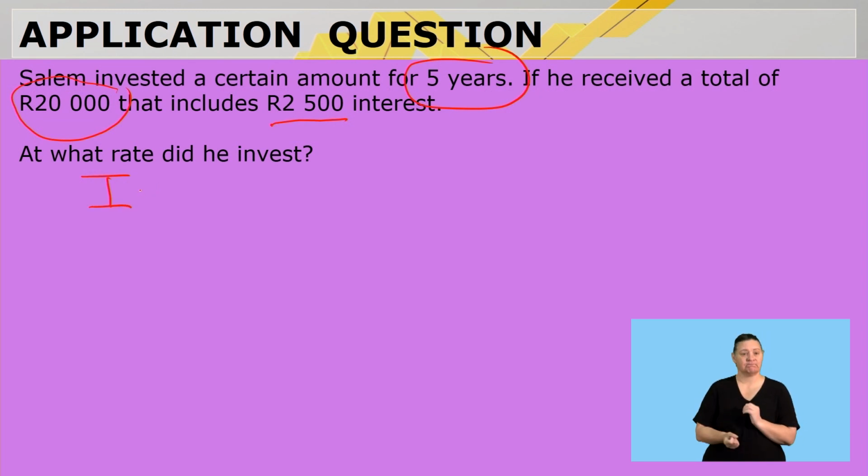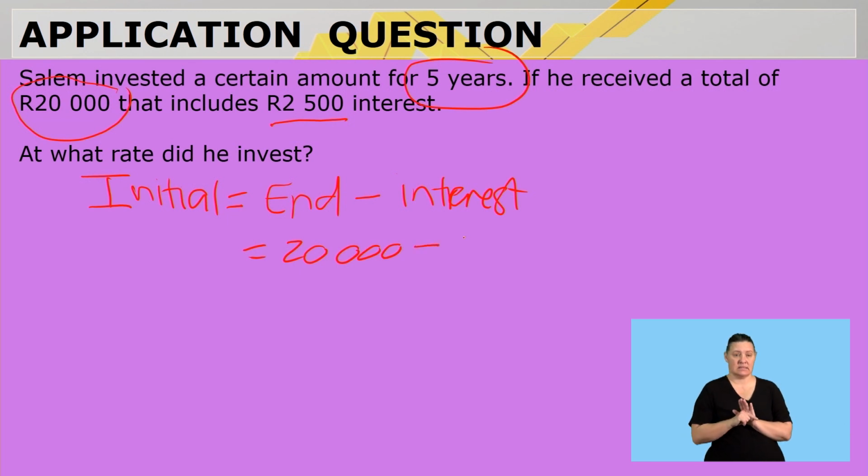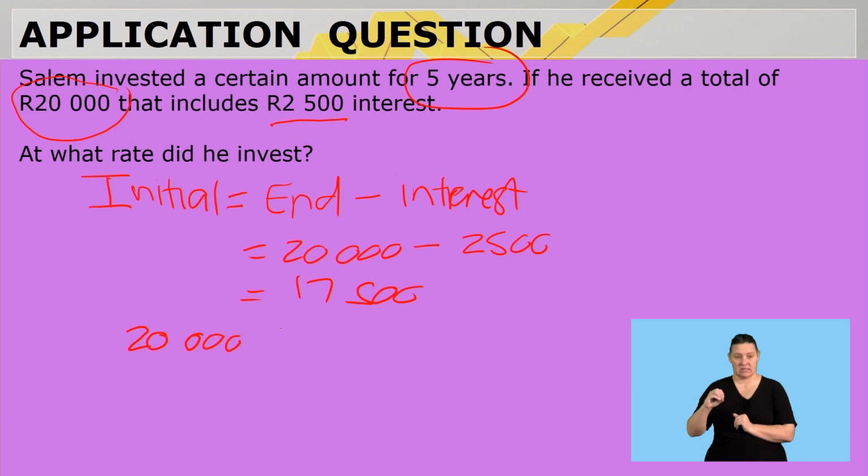So our initial value is going to be our lump sum, our end value, minus our interest, and that is going to be 20,000 minus the 2,500, which is 17,500. And now we can go into our formula for percentage increase by saying 20,000 Rand minus the 17,500 over